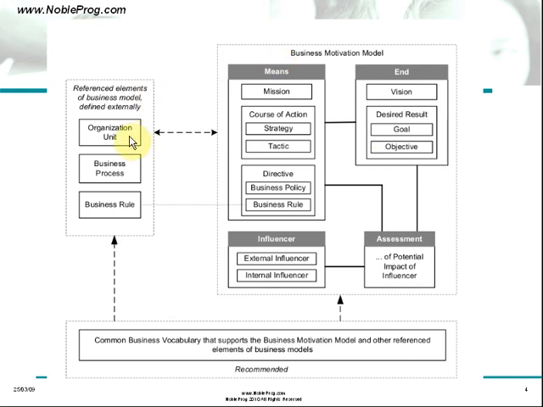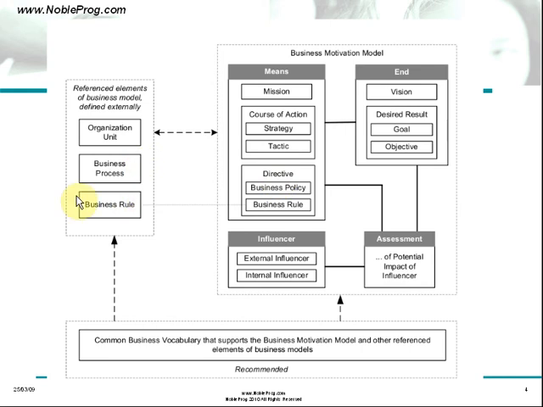Outside the model, we have an organization unit. Organization unit is a body which actually makes those decisions or creates ends or means. Organization unit links to even a concrete person who actually is responsible for creating means, changing them, making assessments, etc. We have a business process, and business process is related to course of actions and